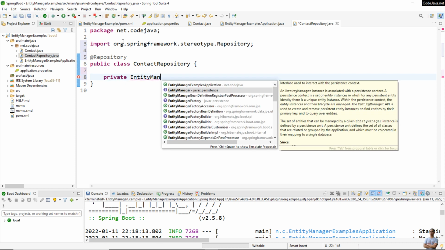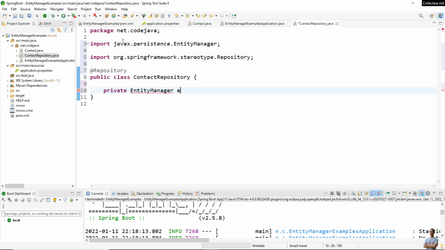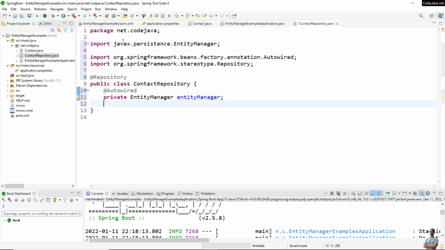Declare a new field of type EntityManager. You see the EntityManager interface from the javax.persistence package here. To let Spring Framework, Spring Boot inject an instance of EntityManager, we need to use the @Autowired annotation. And the first method we need to implement is for persisting a new contact object, or saving a new contact object. So the method would be public void save(Contact contact),